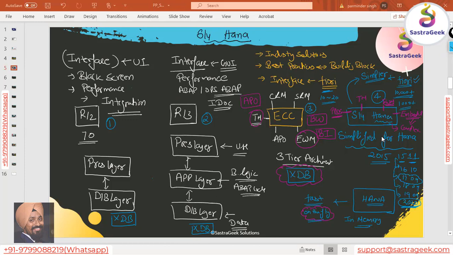If you connect an S4HANA system with any third-party system, you need to develop a solution. You need to do the coding, the data model mapping between the S4HANA system and the third-party system. Those mappings you need to do, that coding you need to do, right? When SAP says it's a native integration, the basic mapping and basic coding has been done by SAP, and they have given a solution to integrate these things.